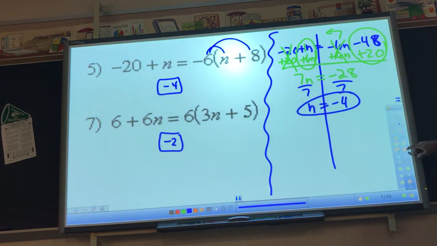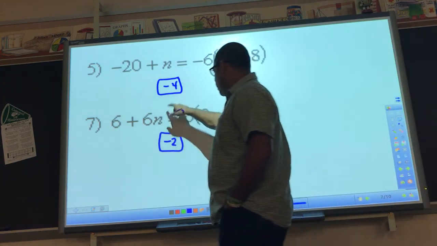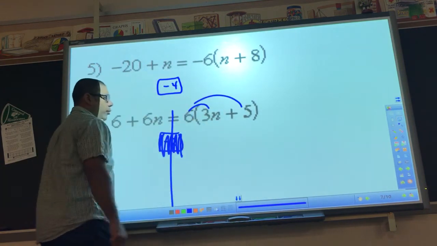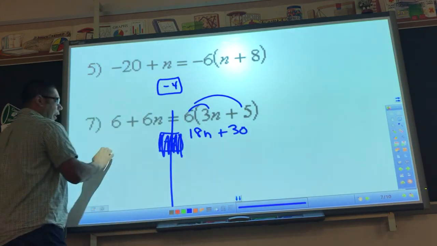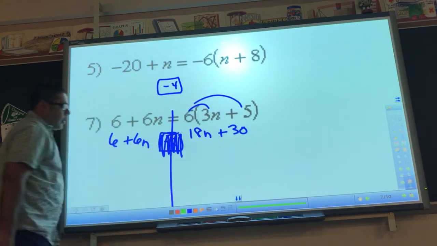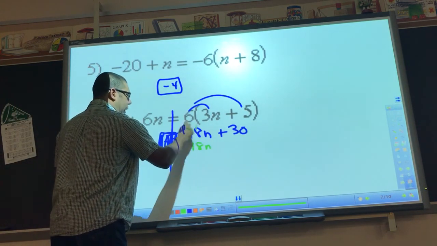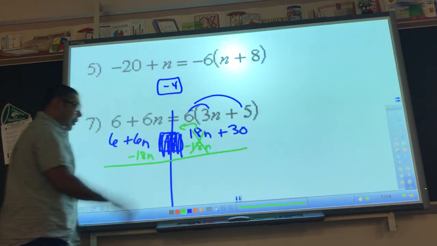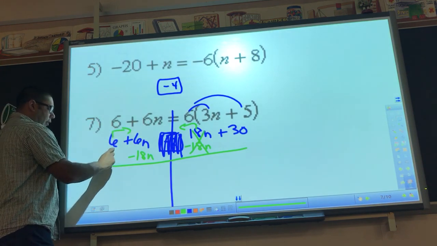Okay? Number 7. Just going to scratch this off. Right side, I need to distribute. It's going to be 18n plus 30. Left side, we need to drop it like it's hot. And then from here, I can start solving. Need to organize, get my n's on the same side. So I'm going to minus 18n or add a negative 18n to both sides, and I need to move the 6. It's a positive 6, so I need to add negative 6